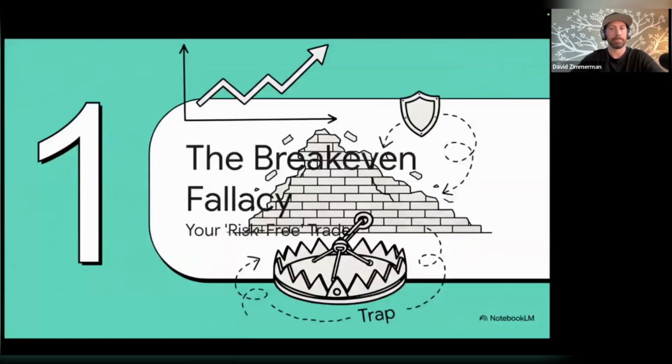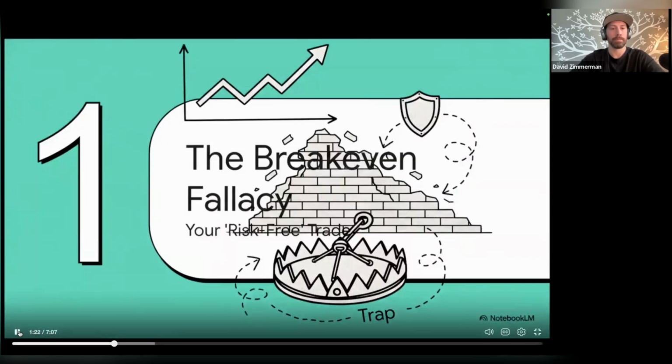So let's talk about the most common way traders try to solve this conflict. It's a little move that feels incredibly smart, totally safe, and really professional. As we're about to see, it's often a well-disguised trap. So the reason why this is a trap is because of basic arithmetic. If you bring your stop down to break even and then allow your profits to evaporate as the trade moves against you and you get stopped out for a break even, well, then you're not letting your winners run at all. And so you'll see the formula here in a second.